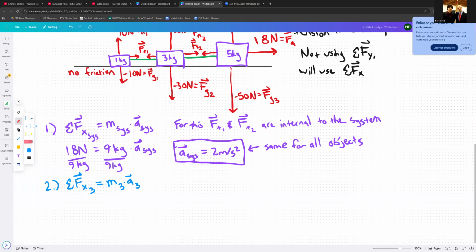If we sum forces for the system, we use the mass of the whole system. If we're summing forces for object number 3, we use the mass of object number 3. So make sure you line up those masses correctly, because if we're looking at the forces acting on this object, we better use the mass of that object